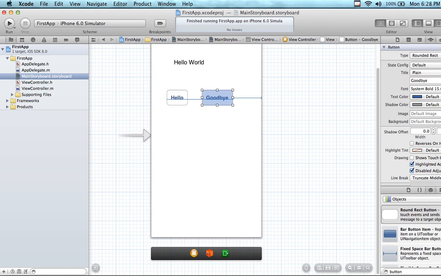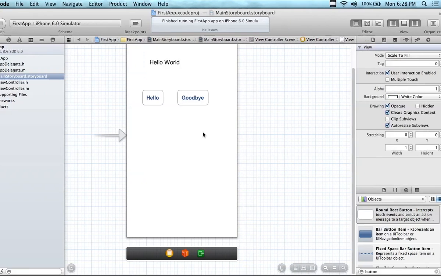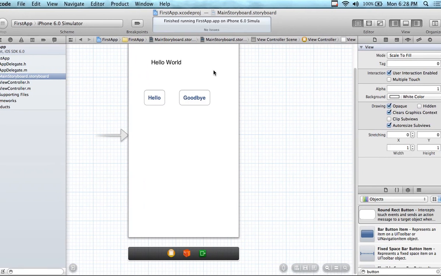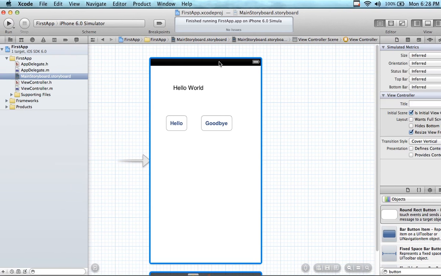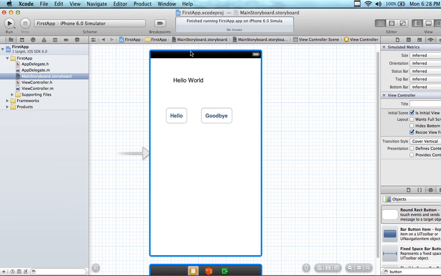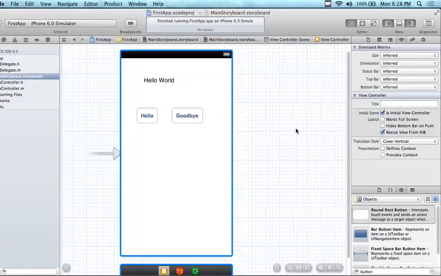Goodbye. And another thing you may also want to do if you want to work ahead a little bit is click on the back window. If you click on the frame of the window itself, a little blue line shows up around it. It allows you to adjust the window and the type of device this is. I selected iPhone, but we have two different models of iPhones. We have a Retina, and we have a regular. We have all different. So if you look over in the right-hand side of the screen,